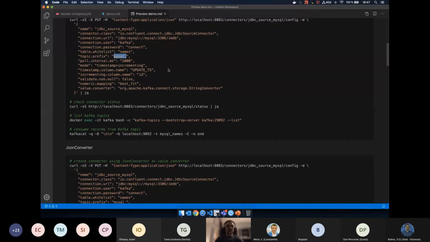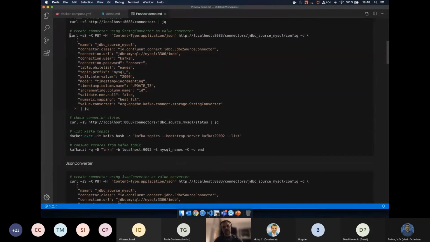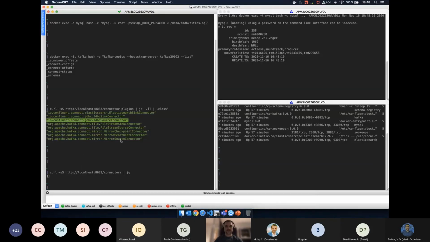In this specific example, we are not using keys, and I'm only changing the value converter. So let me create the connector.